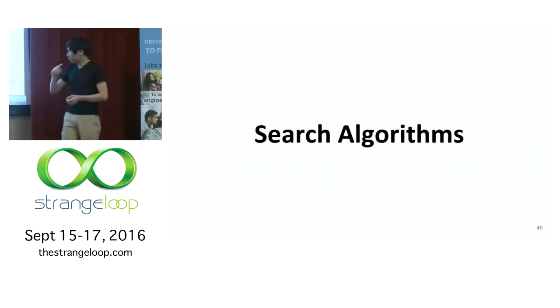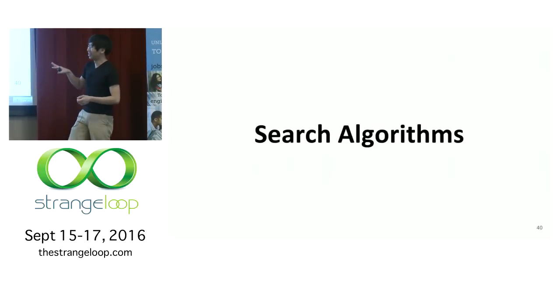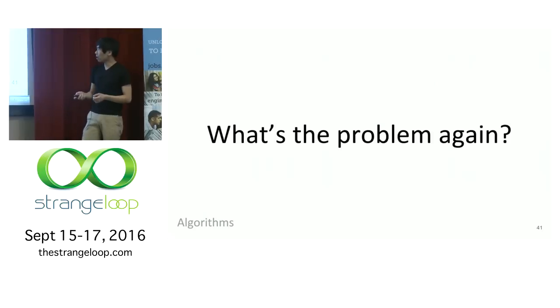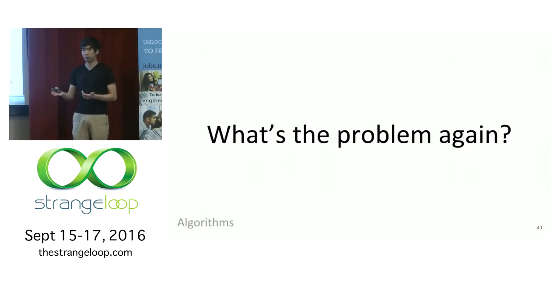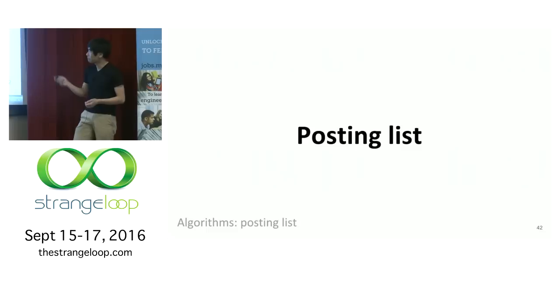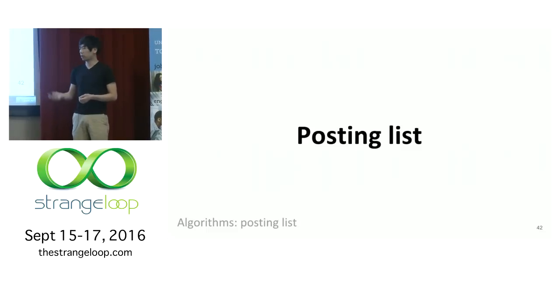All right. Now that we've framed the discussion by talking about scale, let's talk about search algorithms. The problem, again, is you have a bunch of documents, and it will handle queries of the form: I want this word and this word and this word. One thing you can do is use something called a posting list. This is quite standard. AltaVista used this, Lucene uses this. I think most search engines that have been publicly talked about use posting lists.